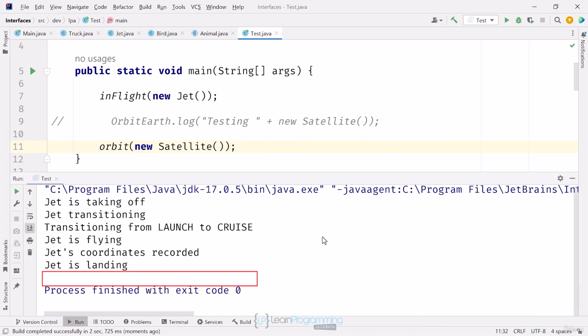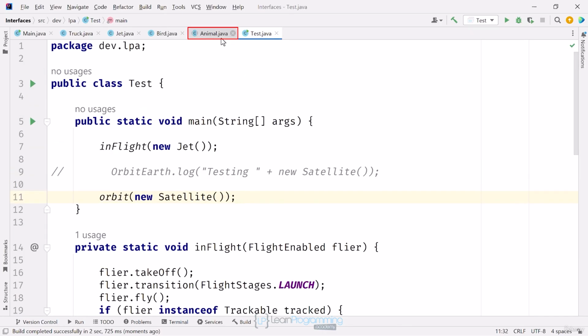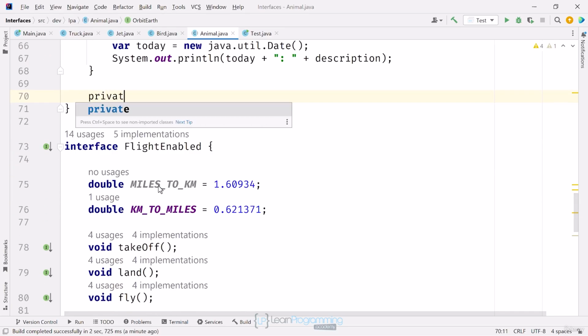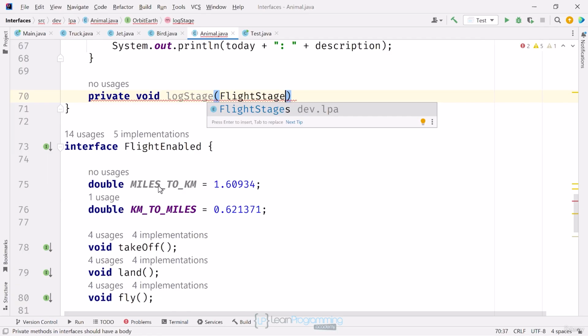Nothing gets printed out from any of the satellite's methods. Before I work on those, I want to create a private method on Orbit Earth called logStage. This method won't be static and will take two arguments. The first is a flight stages variable, our enum, that represents the stage of the orbiting vehicle. The second is a